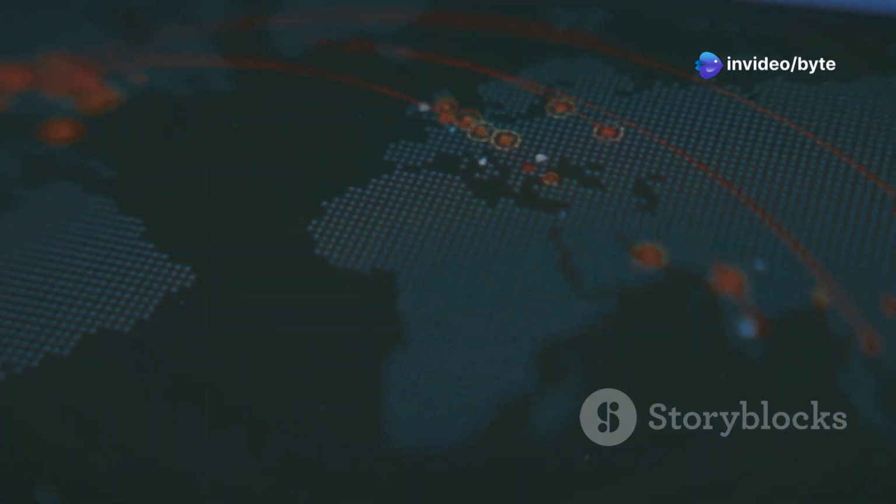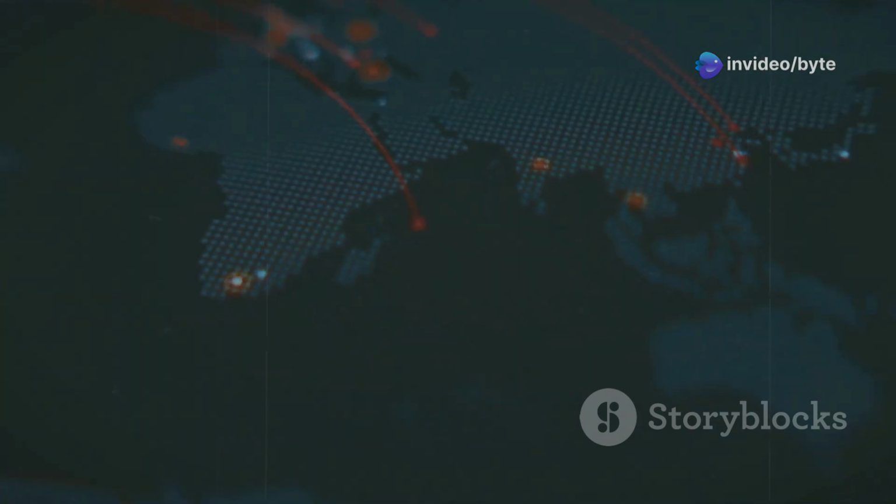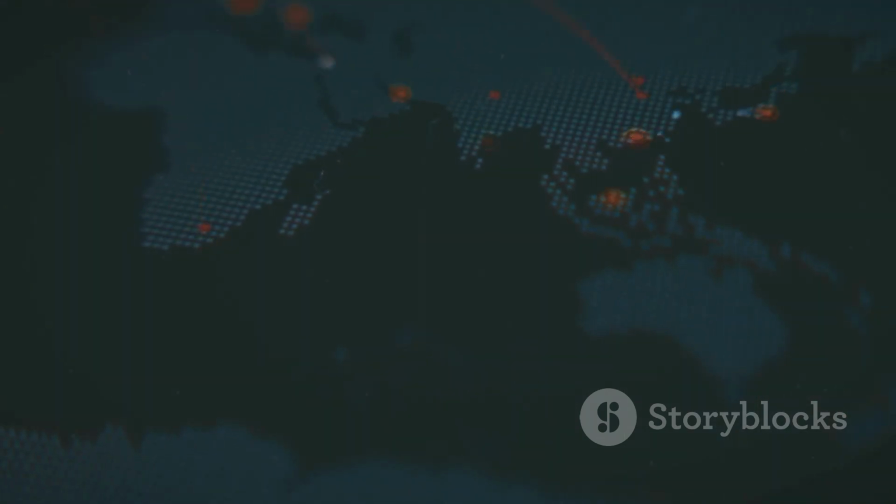The more relays your data passes through, the longer it takes to reach its destination. This is the trade-off for the enhanced privacy and security that Tor provides. I also encountered numerous CAPTCHAs. These are those annoying little tests that websites use to verify that you are a human and not a bot. They often involve identifying objects and images or typing out distorted text.